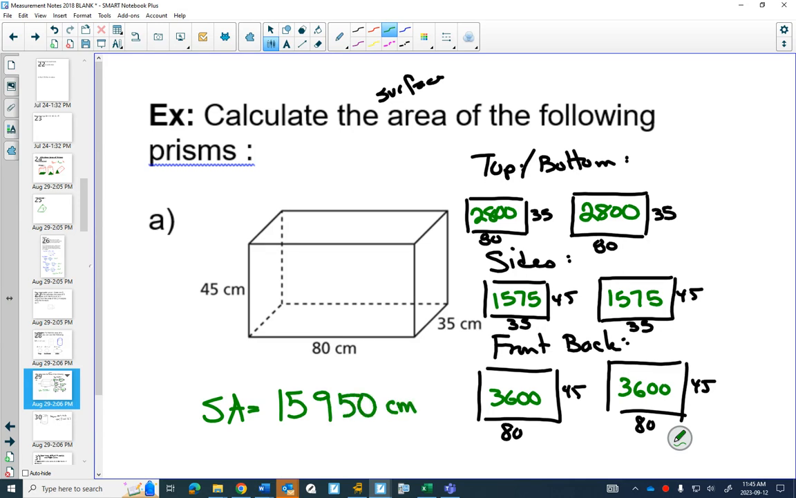15,950 centimeters squared. 15,000? 15,000. Did I say 1,000? Yeah, that was bad. That's okay. 15,950. Did you remember the units? Awesome. Now, in the second one,